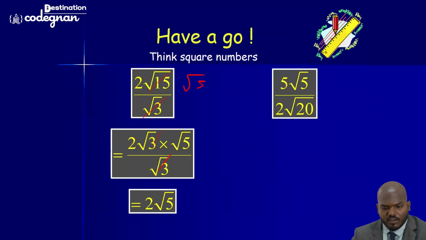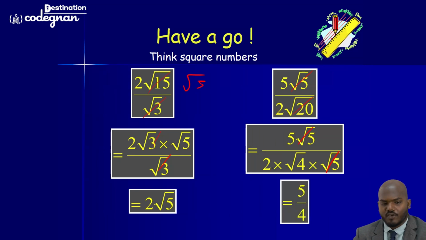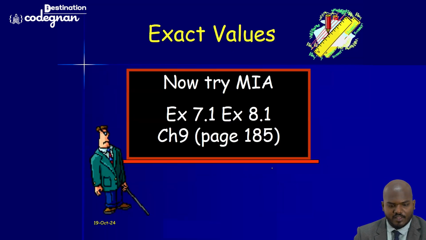Okay, and going to the next one, 5 root 5 by 2 root 20. Then how will you deal with this one? Okay, so you can't deal with it from here, the 5 and 20, root 5 and root 20, you can do it here. If you cancel this one, it will give you like this, that is root 5 gets cancelled, and root 4 is there. Root 4 we can call what? 2 square. Then you can write it as 2 here. So the answer will give you the value 5 by 4. If you are having the same frequency of speed you are developing here, then please say that you have changed. You are growing with the calculation.